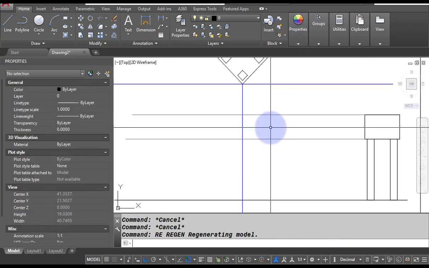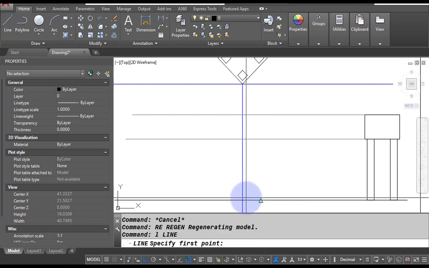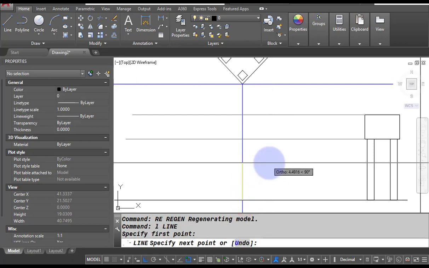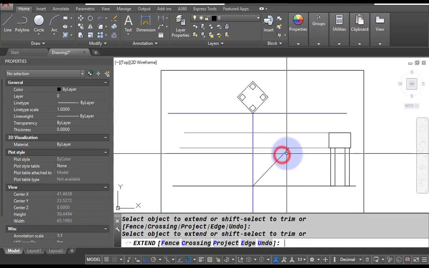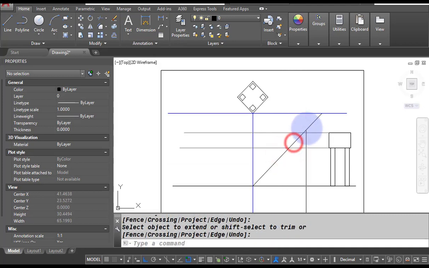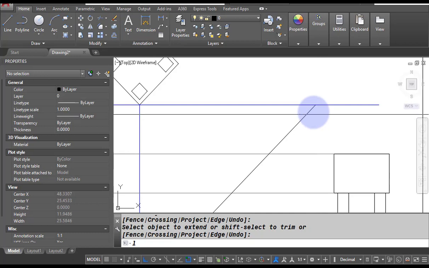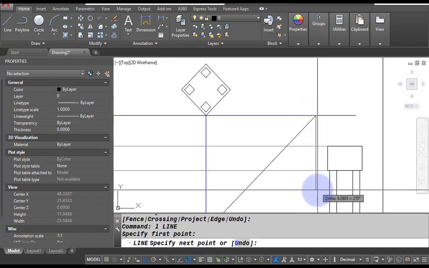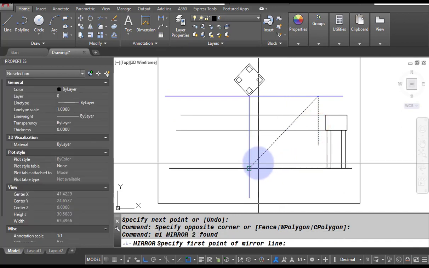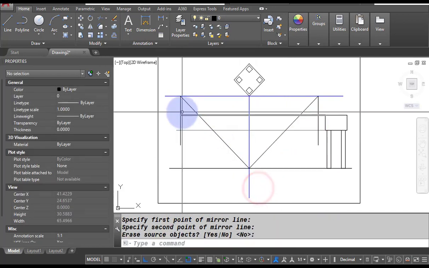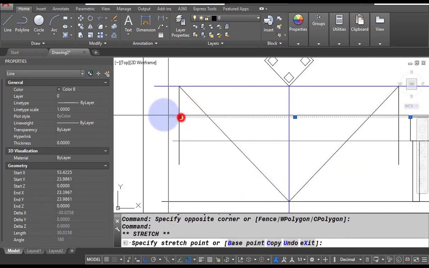Now I am going to draw the line of 45 degrees from this intersection. So at the rate, that's the length is 10, less 10 is 45, which is going to extend towards this point, and I am going to draw one vertical line. Similarly, I am going to mirror these two lines. These are our projection lines.